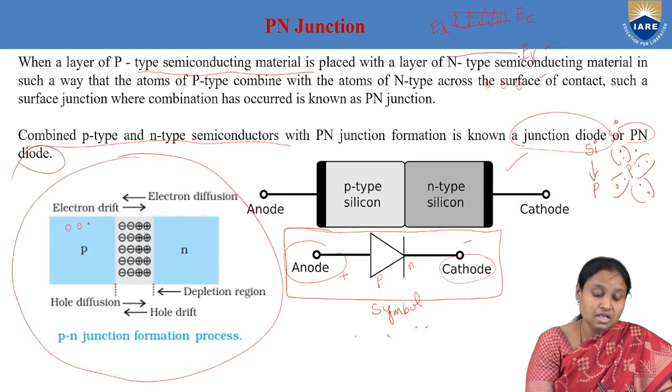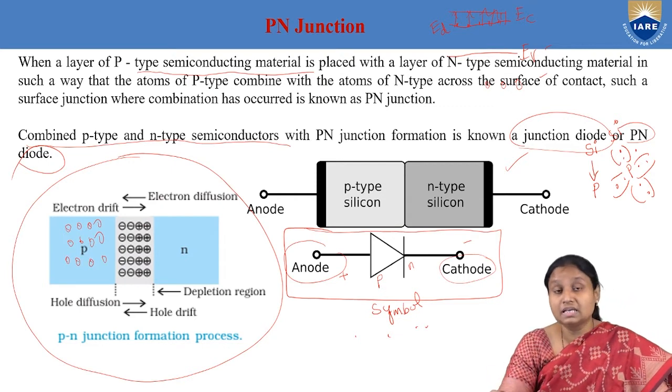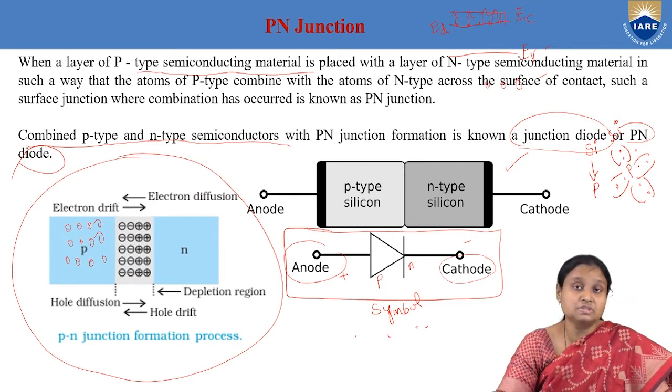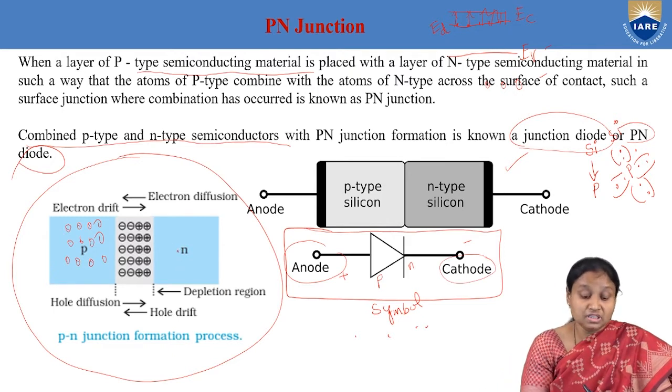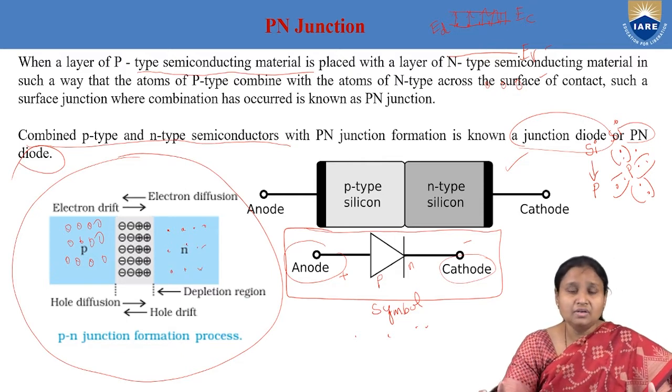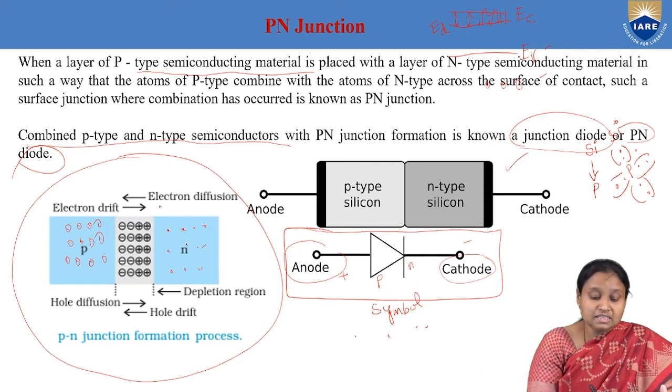We have holes. And what is the charge of a hole? We know that holes are vacant electron sites, and we assume them to be positively charged. Whereas coming to n-type, here we have electrons as majority charge carriers, and of course electrons are negatively charged. And once we combine these thin layers of p-type and n-type semiconductors, as you can see here, there is a